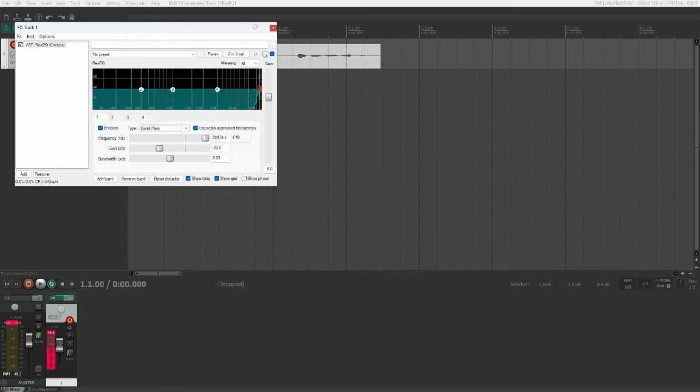The next entry within the list is band pass, which is the total opposite of a notch. So you're basically selecting a band and only the band will pass the filter. Which is great, because now we can go through the list, and that's basically something that I'd really recommend you